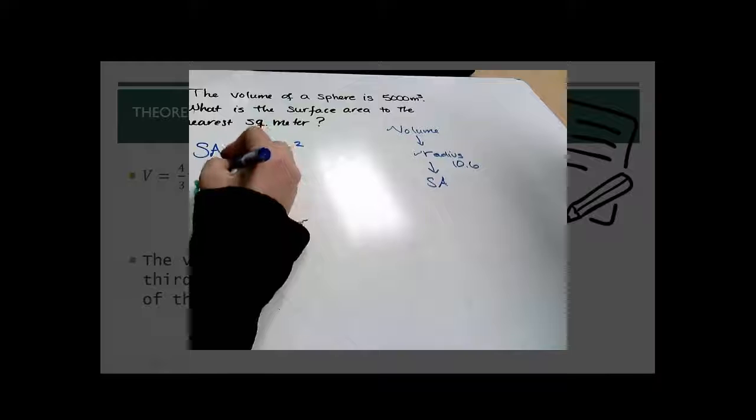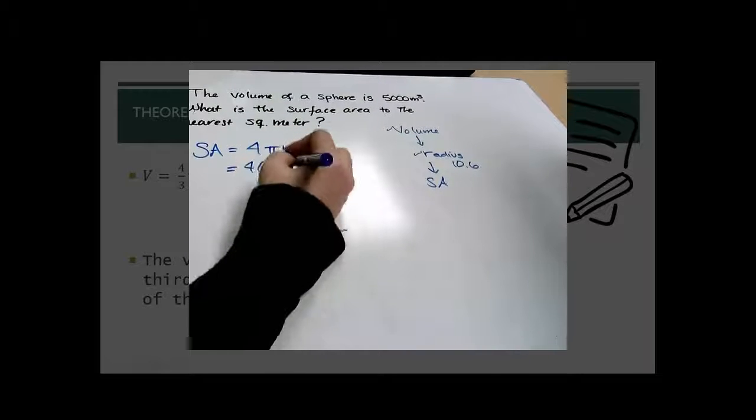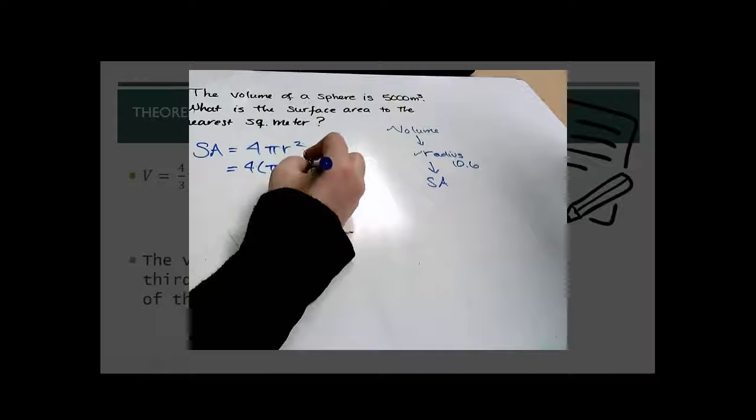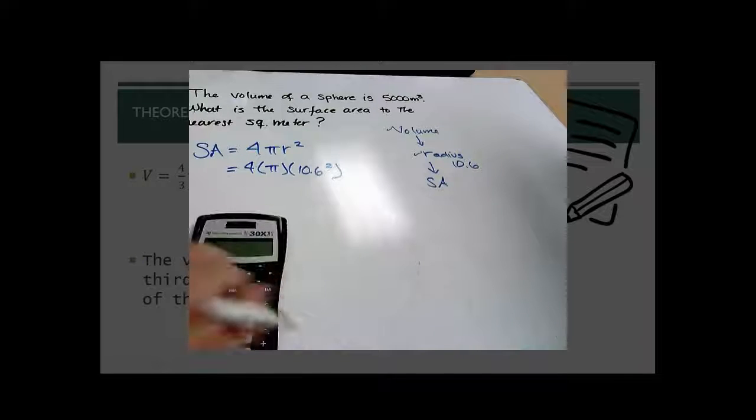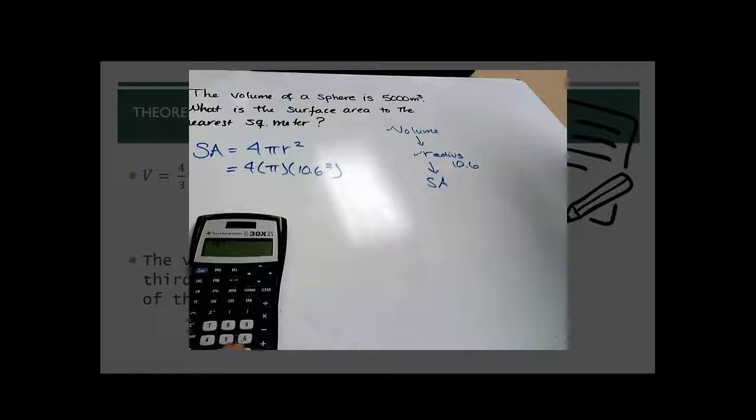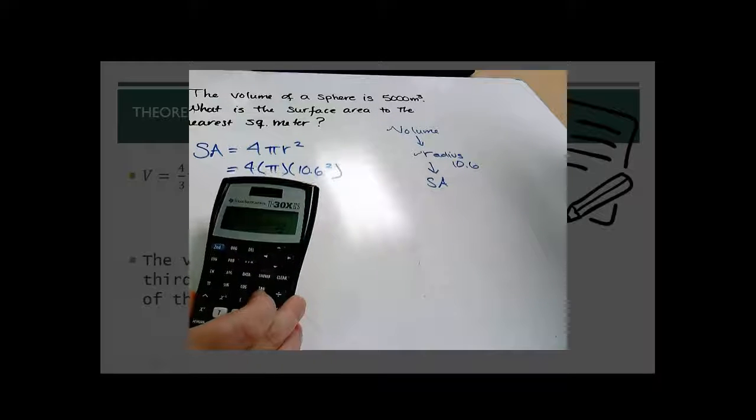Okay, so we're going to go ahead and take that formula. Super straightforward. 4 times pi times our radius, which is 10.6 squared. So now, like I said before, it just becomes calculator work. I can go ahead and clear out what's in my calculator. I'm going to take 10.6 and I'm going to square that answer. And then that answer I get, I'm going to multiply that times 4, and then I'm going to multiply that times pi. And in the end, I get